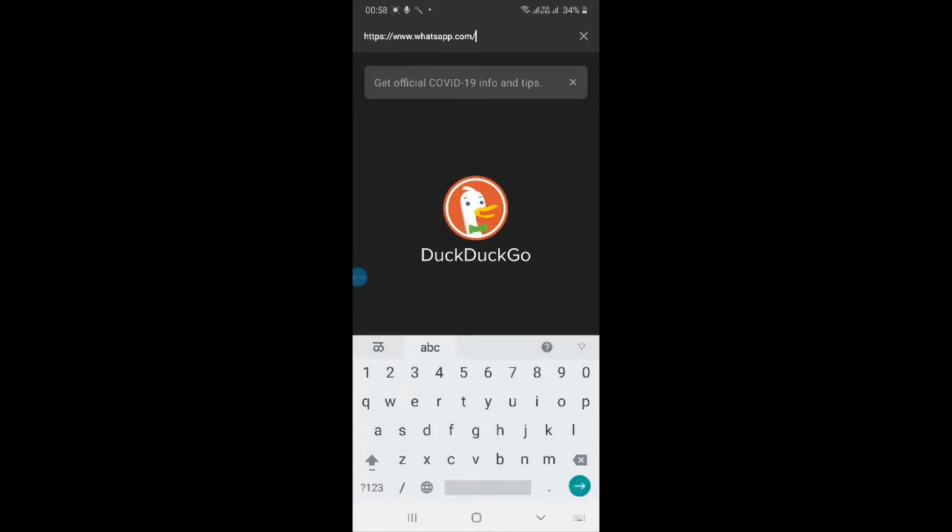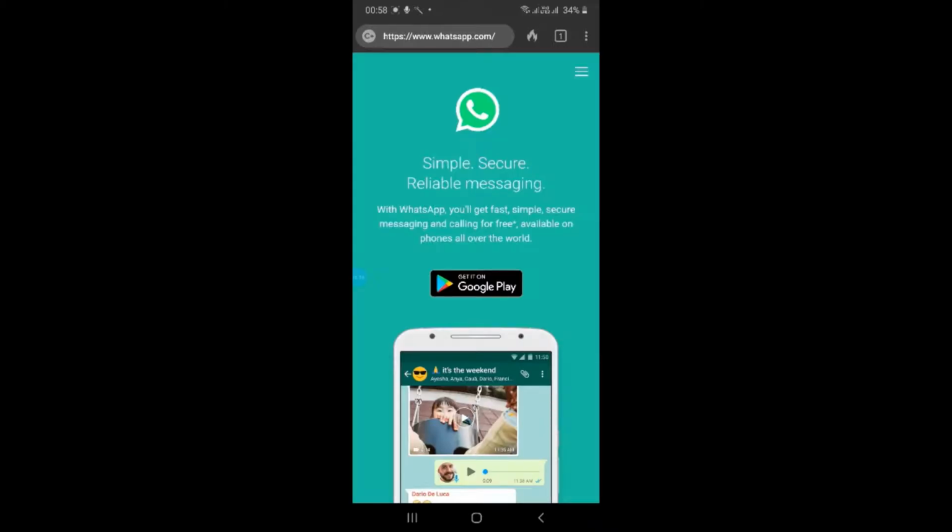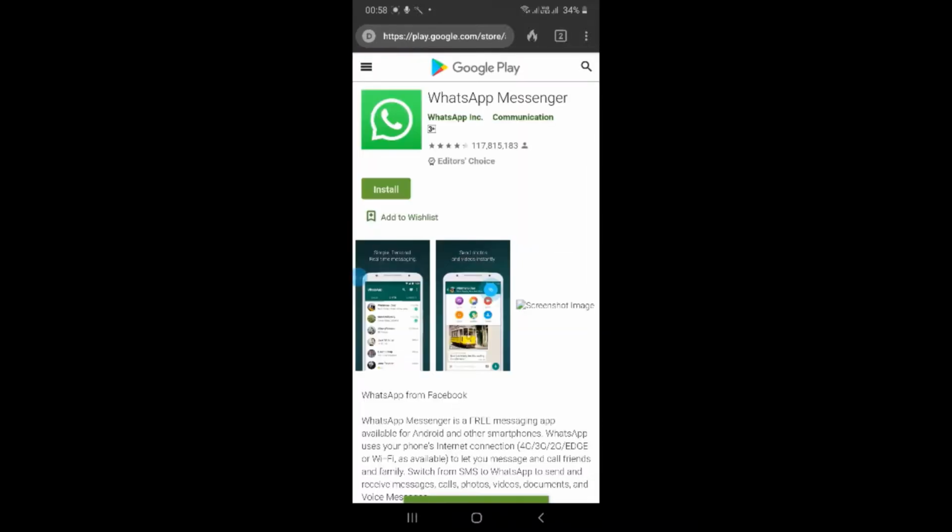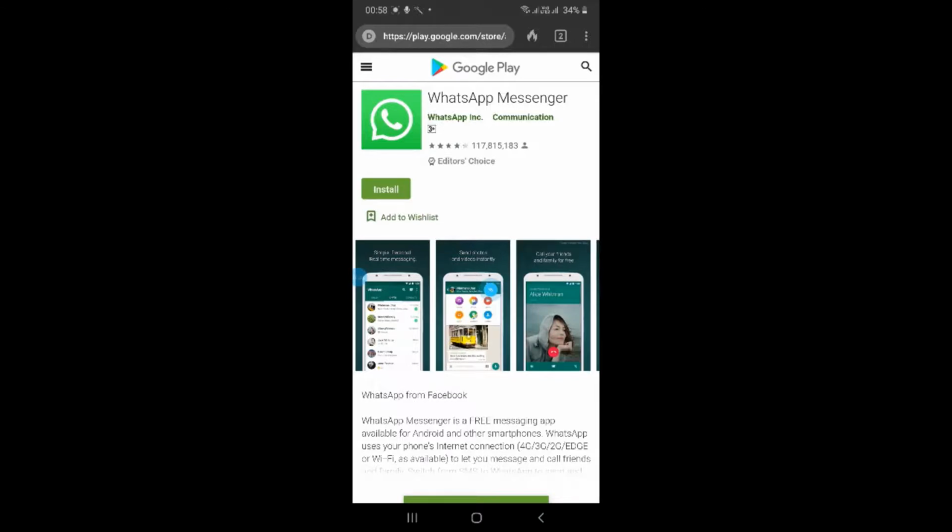So this is my WhatsApp website. When you go to the website, you will see that they have the app. That's why they provided a Google Play link, and it will show a Play Store website.